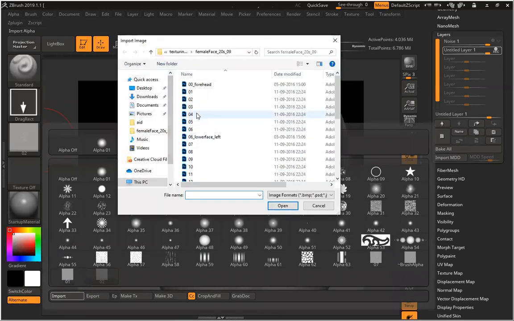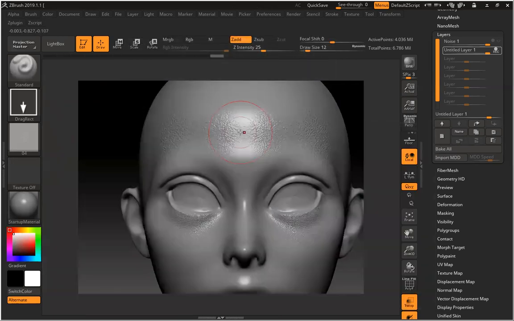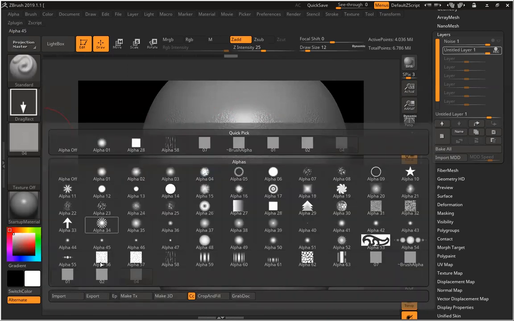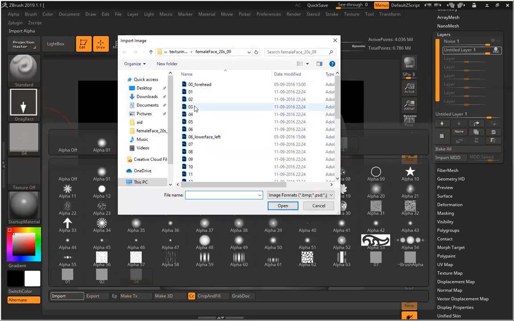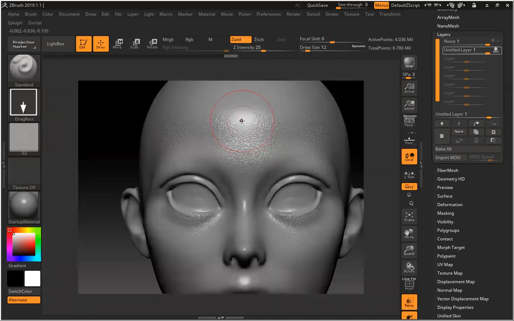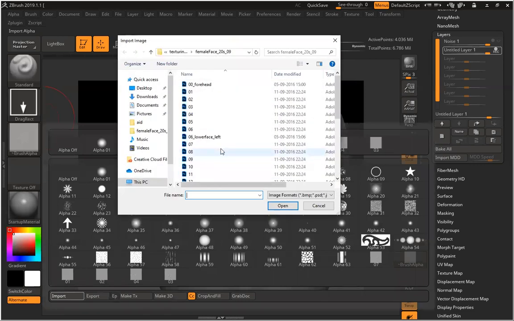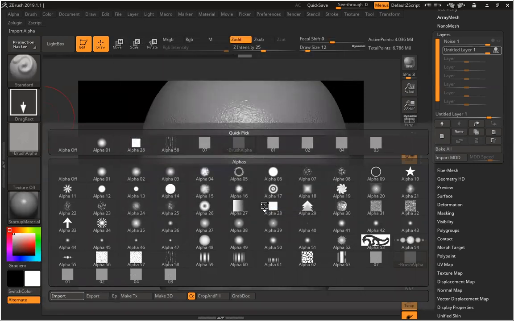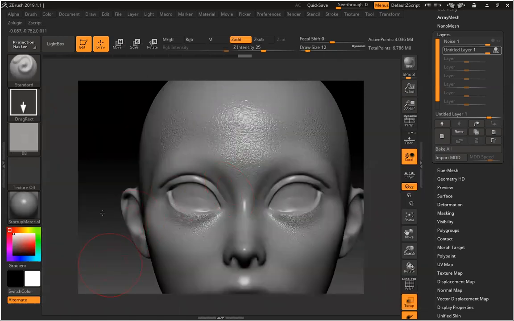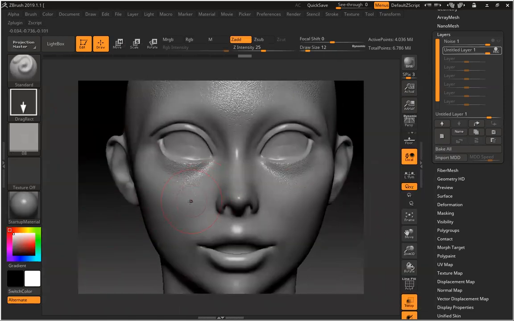Number 4, switch off symmetry. Number 3. The detailing is very easy. Detailing is not difficult. Getting the basic shape right is most important. If you get the shape right, detailing will be super easy.